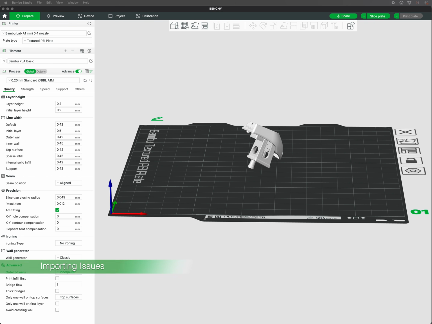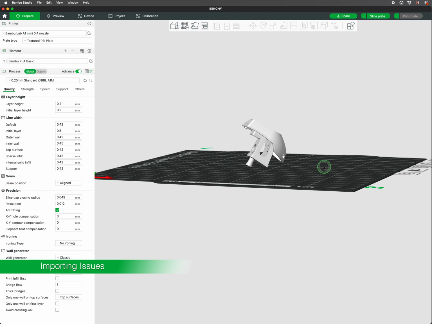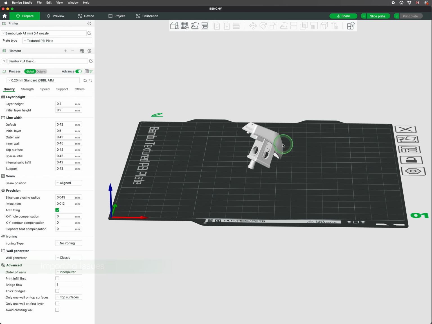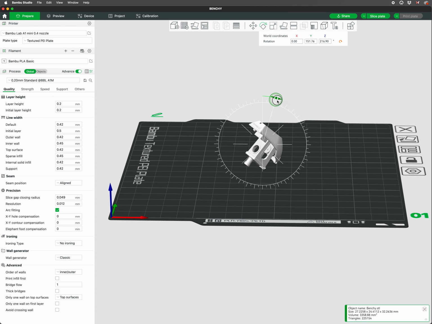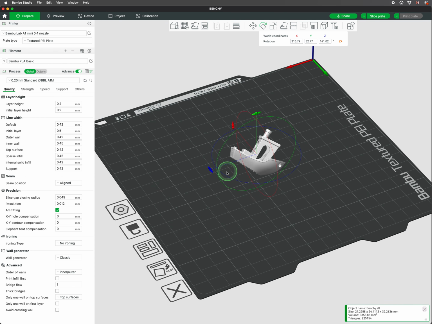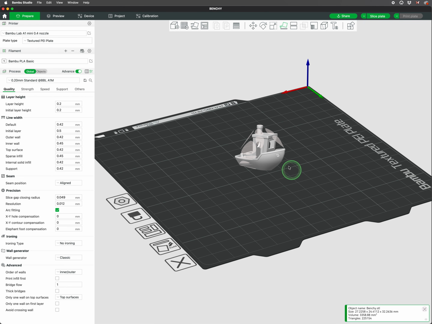Occasionally when importing 3D models, there are some issues that may occur. A common one is the orientation of your model is incorrect or not ideal for 3D printing, with overhangs. To adjust, you can use the Rotate tool that gives you precise control. The easiest is the Lay on Face tool that finds flat surfaces and, with one click, positions it on the